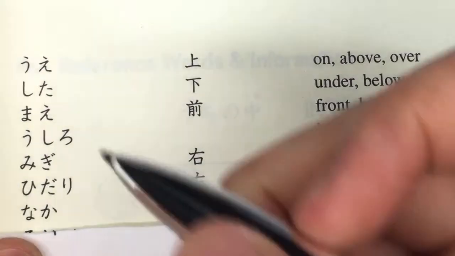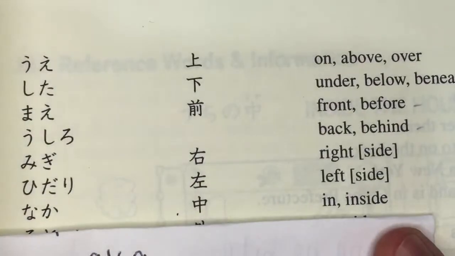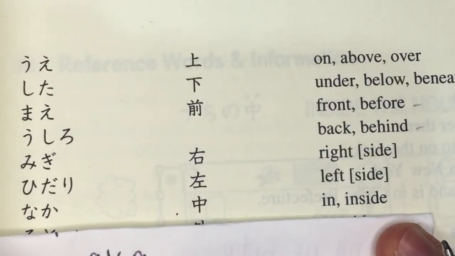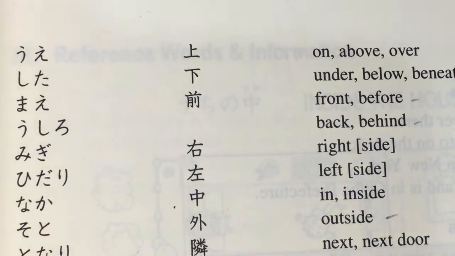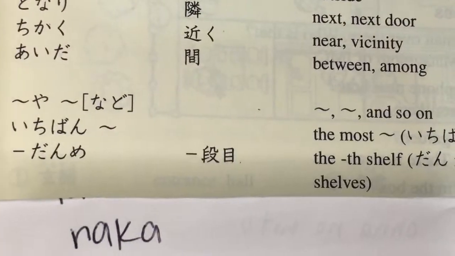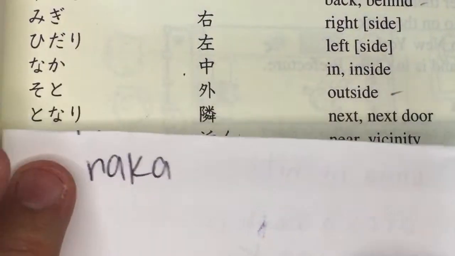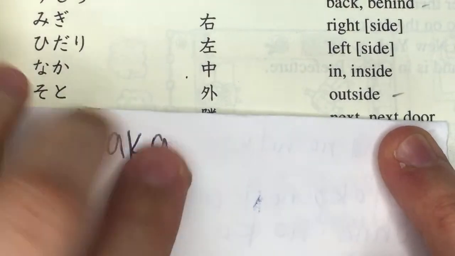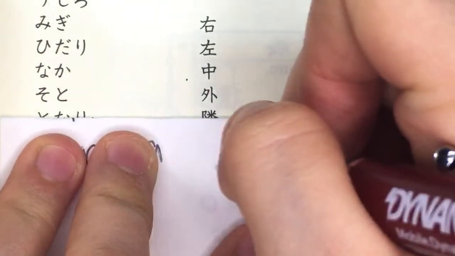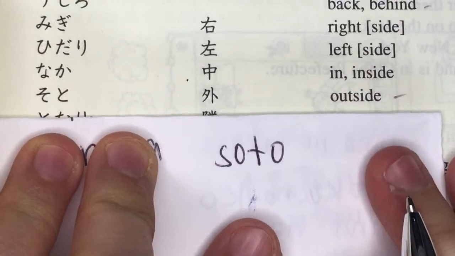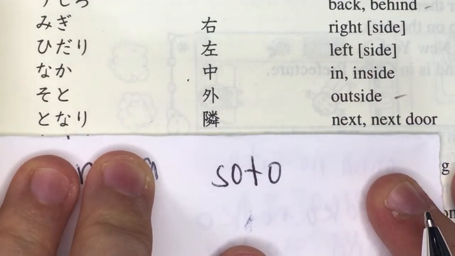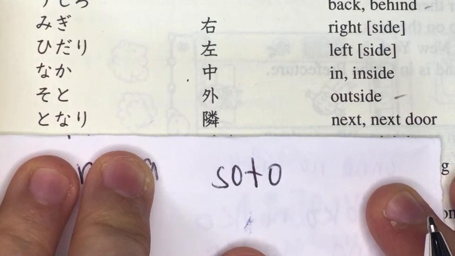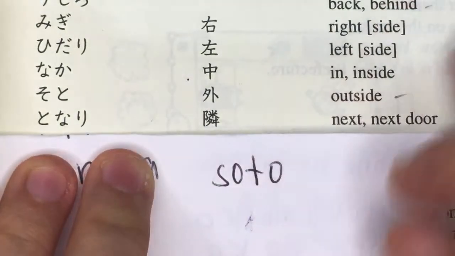Next is naka. Okay, we're done with this kanji. Naka in. Inside. Okay, we have naka in. Inside. Alright, next. Oops. So, we have next is soto. Outside. Alam ko man si Big Soto. Soto. Outside. So, we have soto for outside. Next is tonari, which is next or next door.